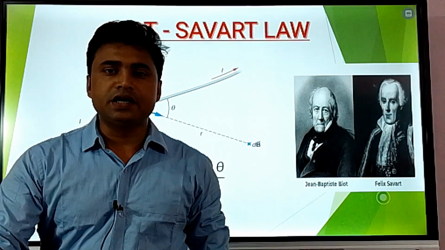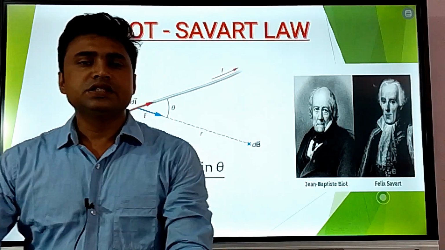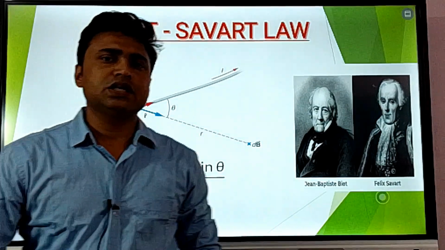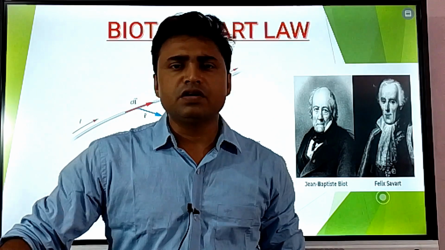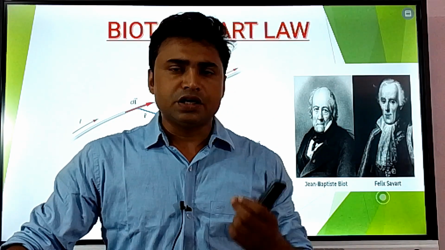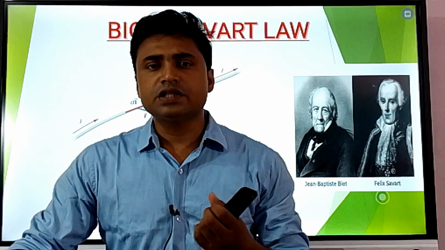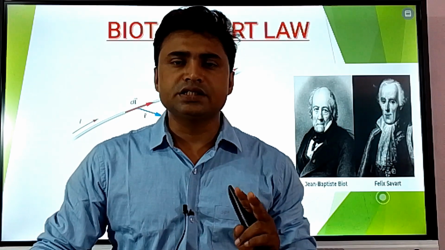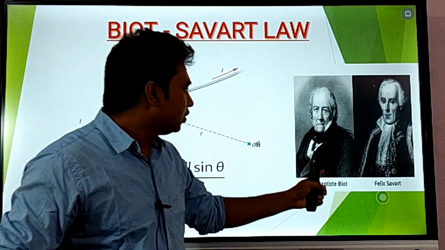It was the year 1820 in which so many significant events took place in the field of science. One of them was the discovery of Antarctica and another one was the magnetic field due to current, discovered by Oersted. And inspired by Oersted, two French scientists,